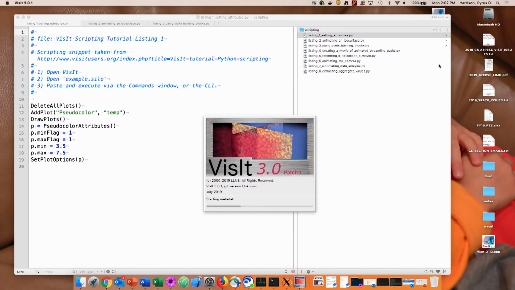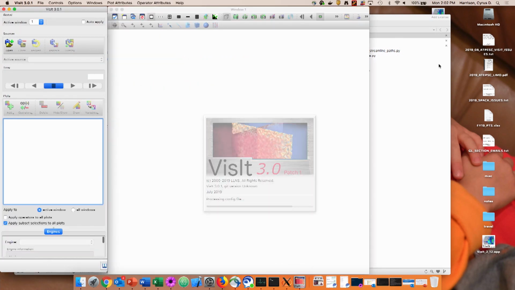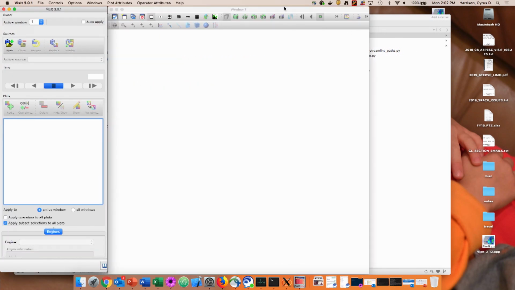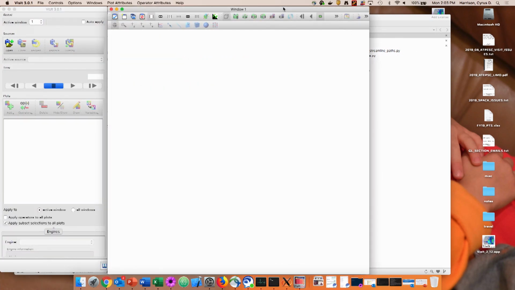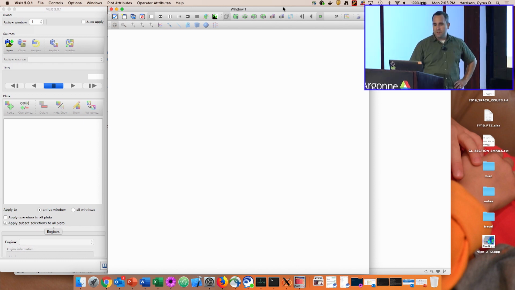Okay. All right, so if you've downloaded VisIt, you can just double-click on it. If you have a Mac, there are other instructions for Windows and Linux. You can also run it from the command line if you're on a Mac. All that stuff is basically on that tutorial preparation page, which shows you how to do that. When you start VisIt up,